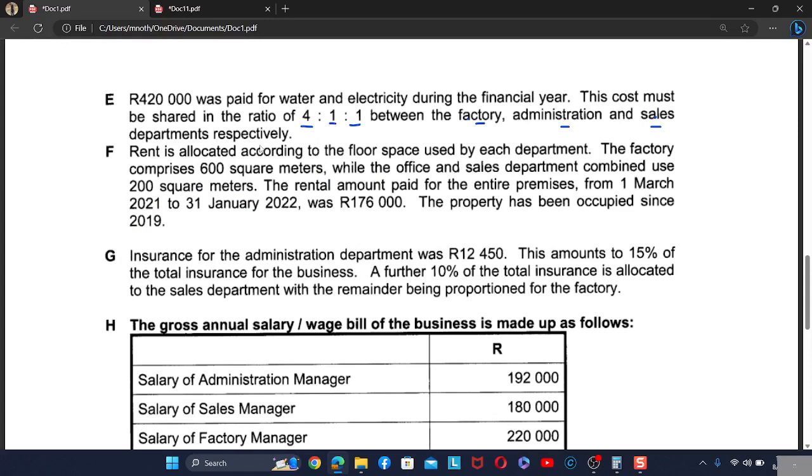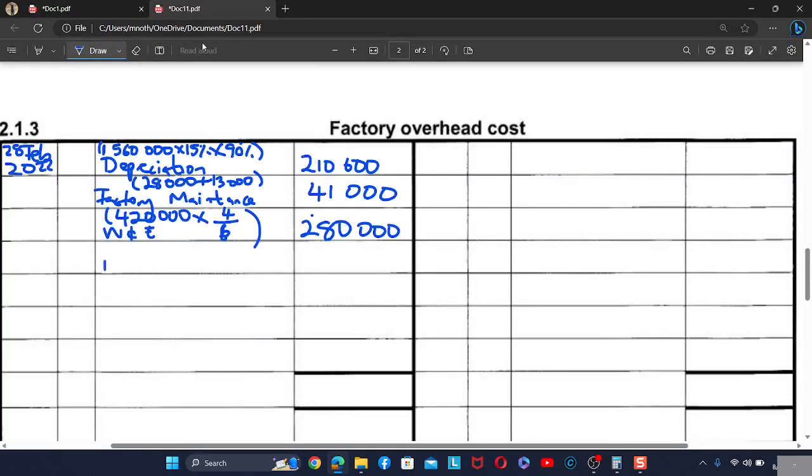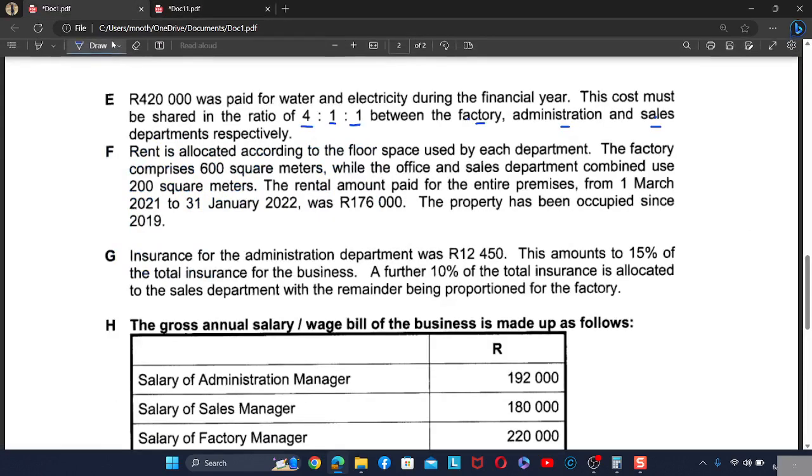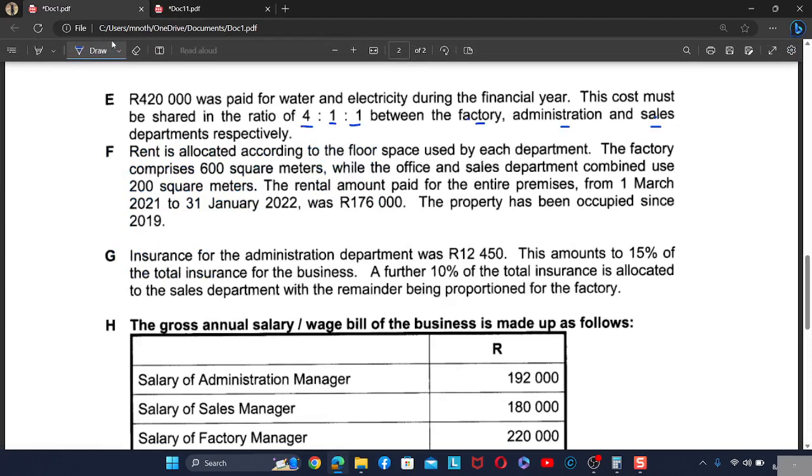Okay. Now, rent allocated according to the floor space. So we have the factory rent. Now, what are they saying about the rent? It is allocated according to the floor space used by each department. Okay, the factory comprises 600 square meters, meaning that the factory uses this space, while the office and the sales department combined use 200 square meters. So this means that when we combine all of these departments, they use a total of 800 square meters, right? That is true. And then the rental amount paid for the entire premises